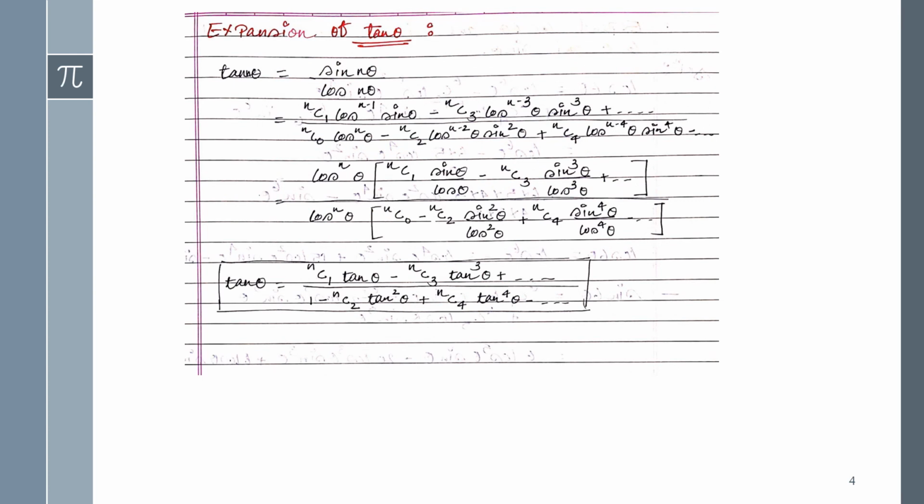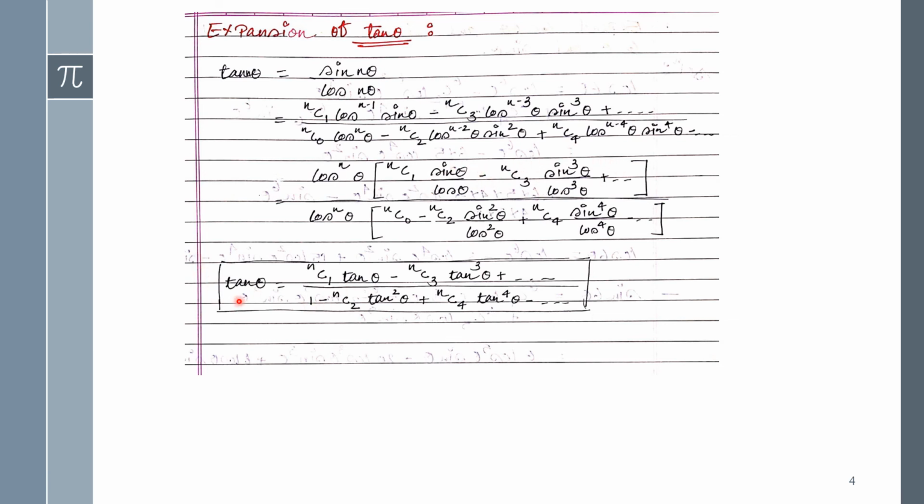Here I have written the expansion of tan n theta, and I have made this from sin n theta and cos n theta. So tan n theta, basically we can write sin n theta upon cos n theta. So I have written here sin n theta upon cos n theta, writing both the formulas, okay, and I'm just taking out the common cos raised to n theta from both the denominator as well as the numerator. Into the bracket these whole terms will be remaining, and this one we can denote as sin upon cos, that is the tan theta form.